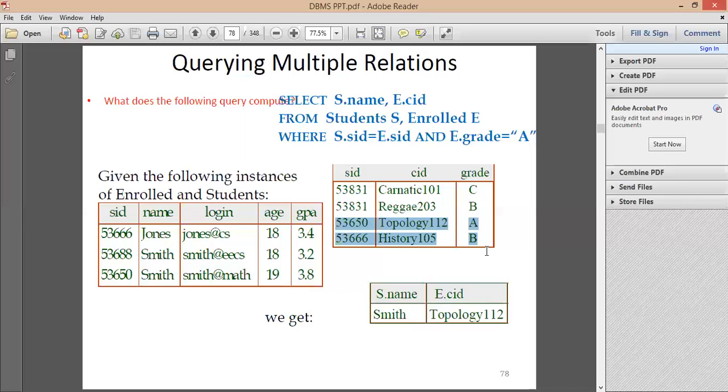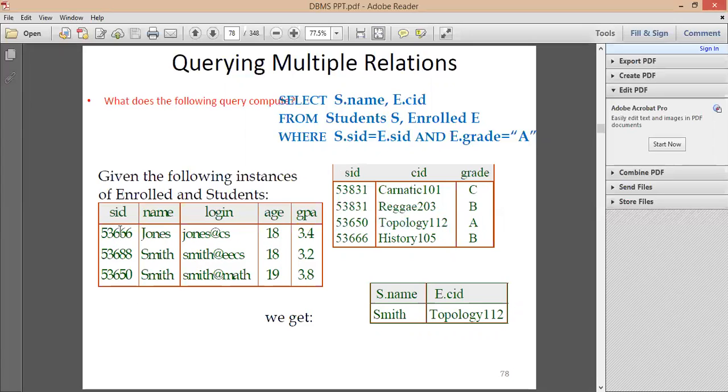Once the last two rows get selected, then what happens? On that we give a constraint that E.grade is equal to A. Now, what is the SID of it? 53650.